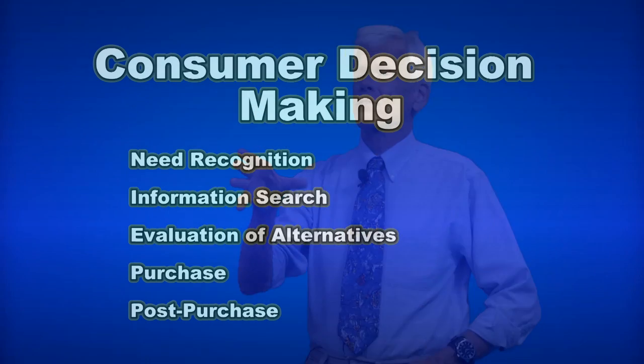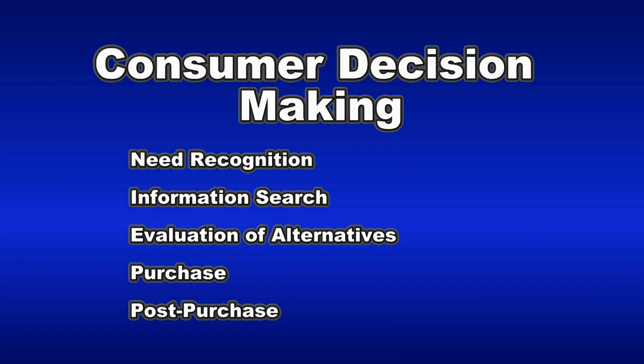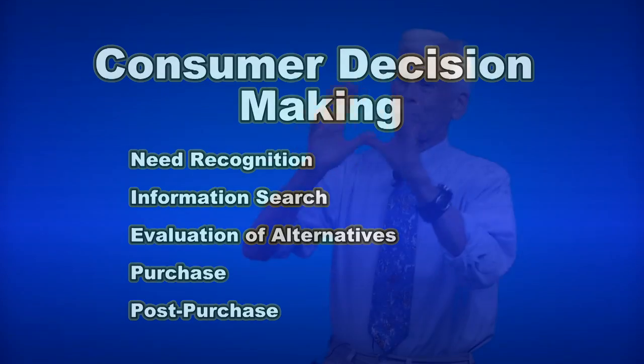Well, folks, you're going to have a privilege in this one. In one topic here, what I'm going to do is go through our entire consumer behavior course. So let's take a look at how we start with the process of consumer decision making. We start with need recognition, information search, some evaluation of alternatives, purchase, and then what happens after the purchase. That's basically how the theoretical structure is, and we're going to go through these things one at